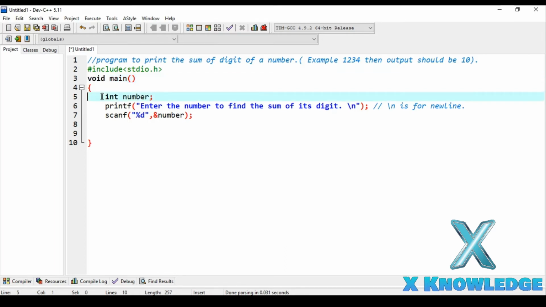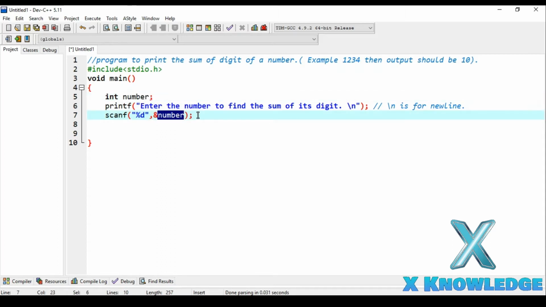Now we have also defined a variable, that is number. The variable name is number and int is the data type here. The reason we have defined this variable is because we are going to store the number which the user will give us in this variable only. And we have used the printf function of the stdio.h library to give a message to the user to give us the number, and based on this message the user has given us some number which we have stored in this variable. Okay, now we will perform the logic such that we will come up with the sum of digits of this number which the user has given us, and we have stored that number in this variable.